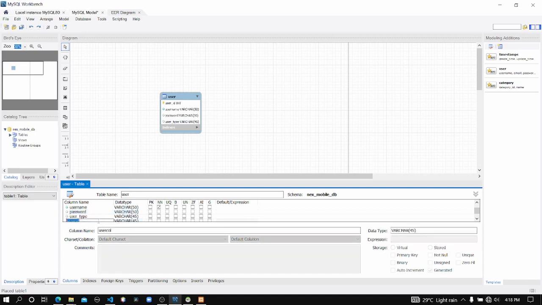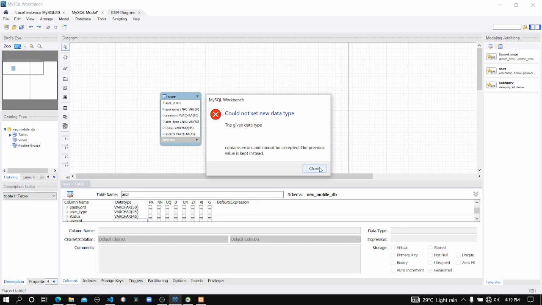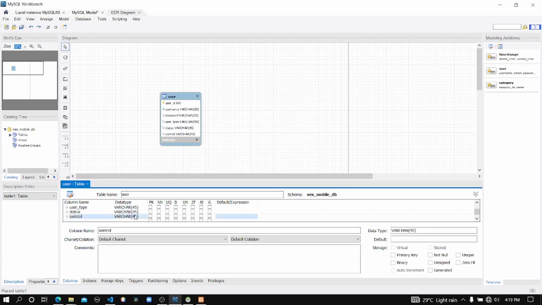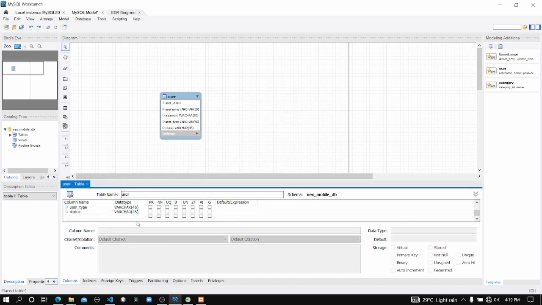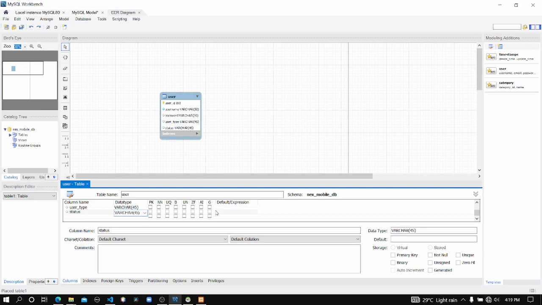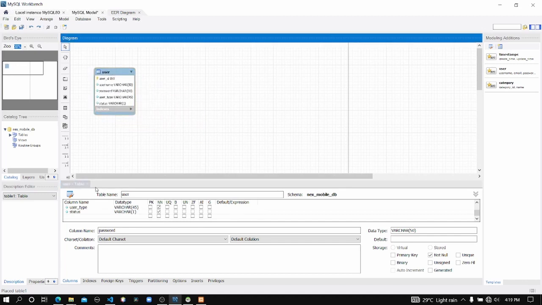And let's define the last attribute, which is the status, and it should only store one character in a single cell. I'm changing the null state to not null state, and here we create our table.